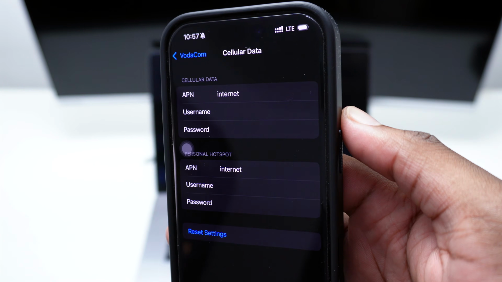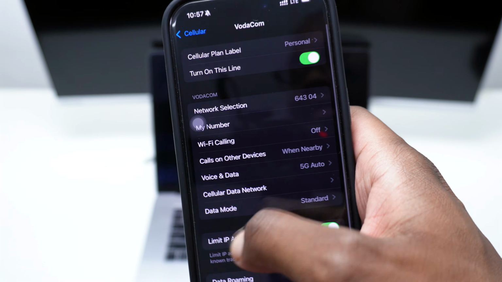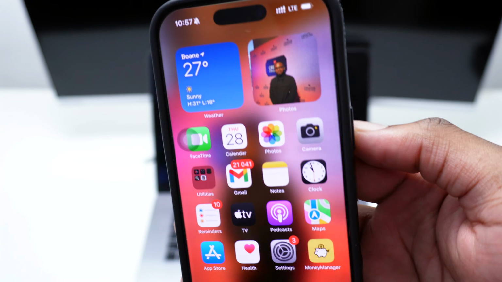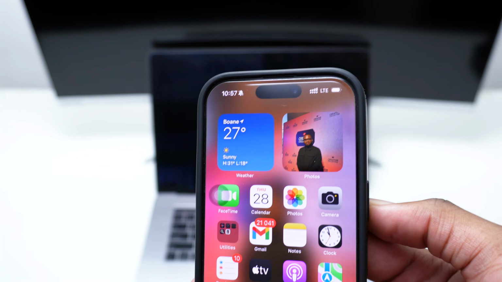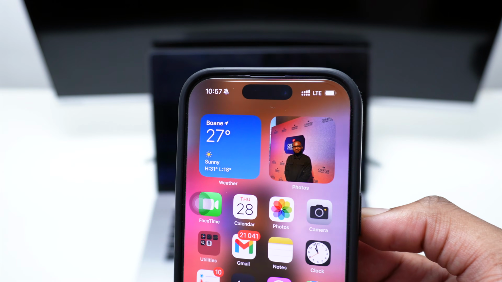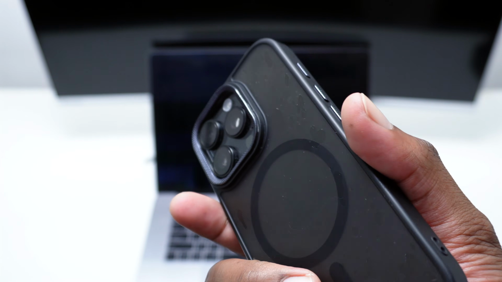Now, once you do this, after setting the APN data in here, as soon as you do that, you need to actually force restart your phone. This is so important because it won't make any difference if you do not force restart. So in order to force restart here, the process is the following. If you have an iPhone 8 Plus or later models, like mine, I'm using an iPhone 16 Pro in here,